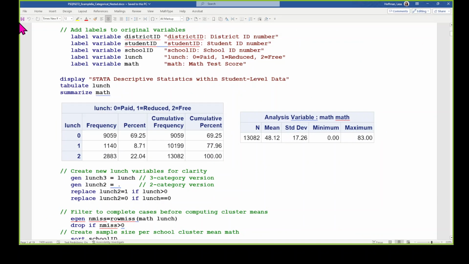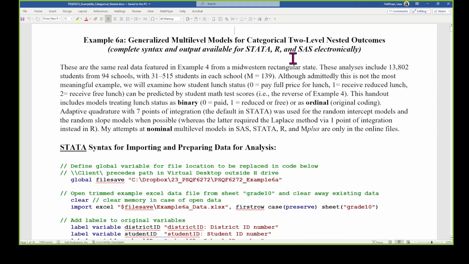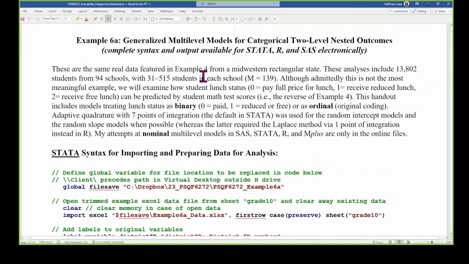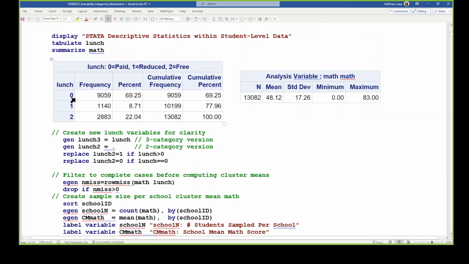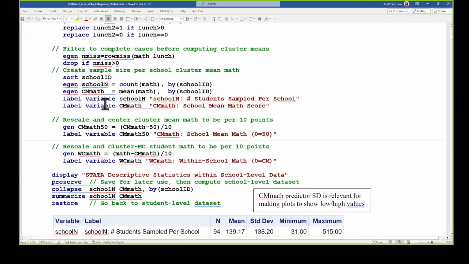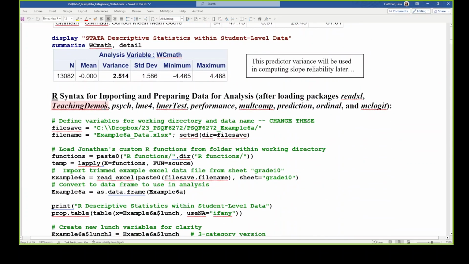Seeing is believing. Here's the example we looked at last week. This is the opposite of example 4, in that we are predicting binary free and reduced lunch from math scores, because that's the data that I had, so please forgive me. The new example that I have for count data is not this. It's a whole different one. There's a whole story to that too. So last time, we're using, to start with, the binary version of this variable. We'll do ordinal in the second half of the example,